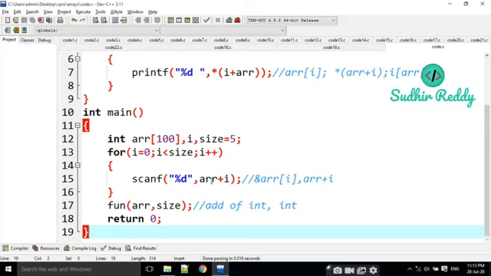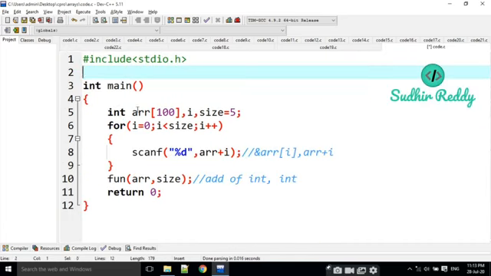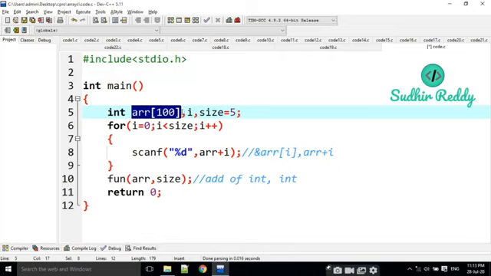And the next one is dynamic memory allocation for an array. Why are we going for dynamic memory allocation? Here I am taking ARR of 100, but I am reading only 5 values. That means the remaining 95 memory spaces are going to be wasted here.